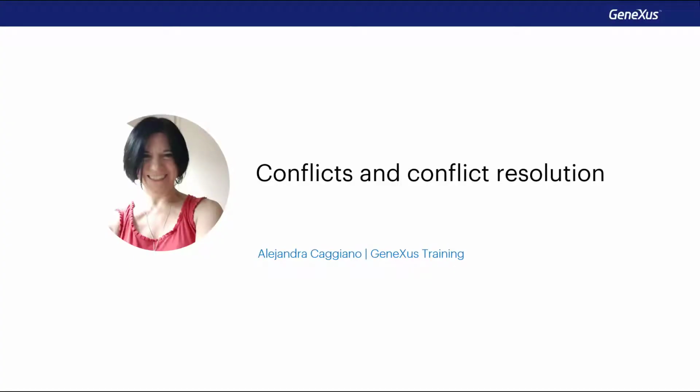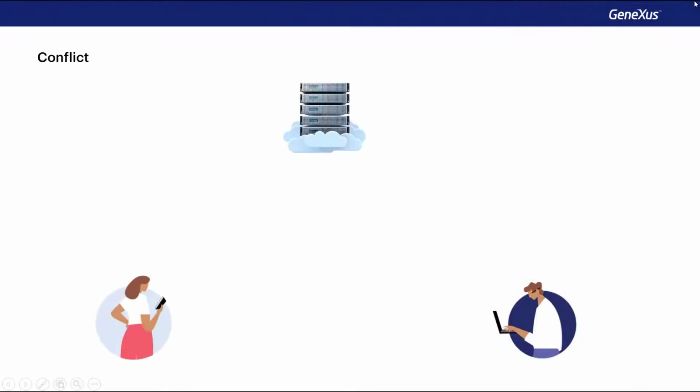When working with Genexus and Genexus Server in merge mode, conflicts may arise between modifications made by different developers to the same object. A conflict occurs when modifications made by one developer overlap with modifications made by another. In most cases, there's no automatic way to solve the problem, and therefore, the developer will have to do it manually.